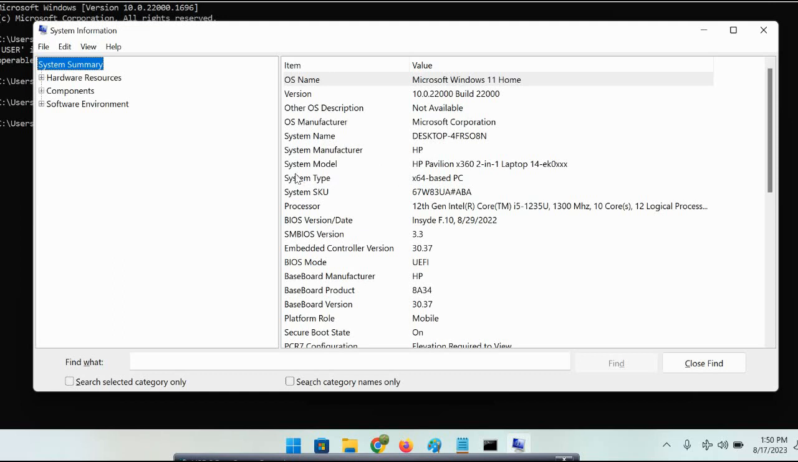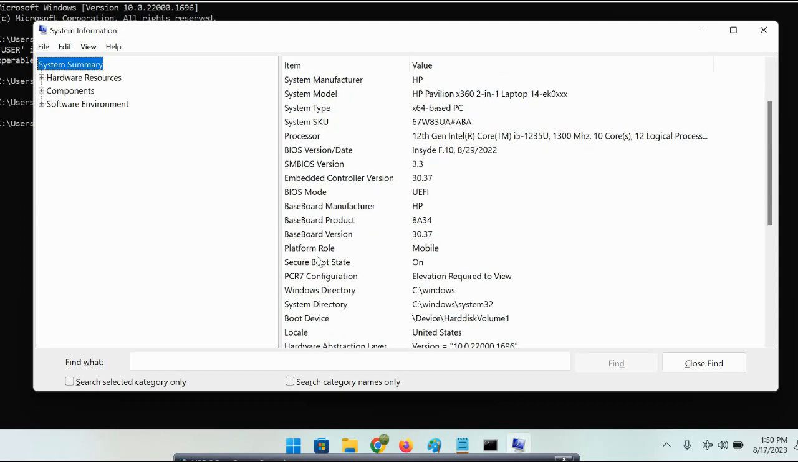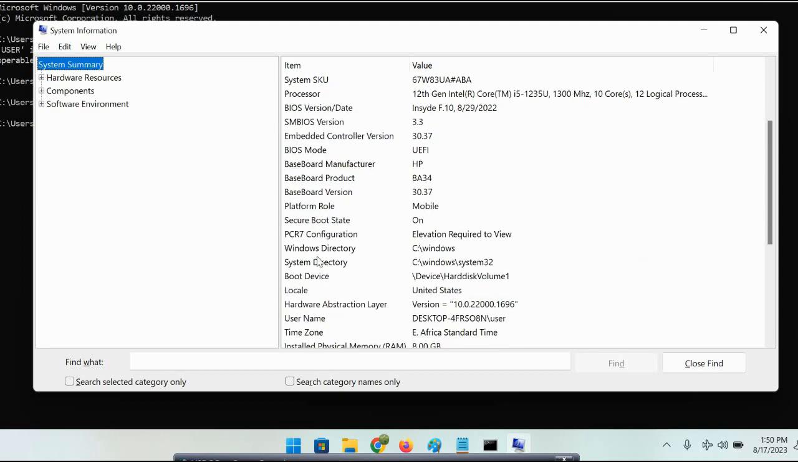Operating system manufacturer you can see here. Then system manufacturer HP, system model, system type, system processor. My computer, as you can see here, the processor has the 12th generation Intel Core i5. You can see here. Then BIOS version and date here,